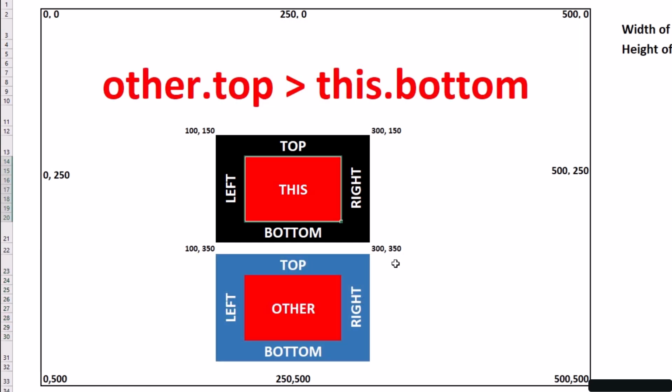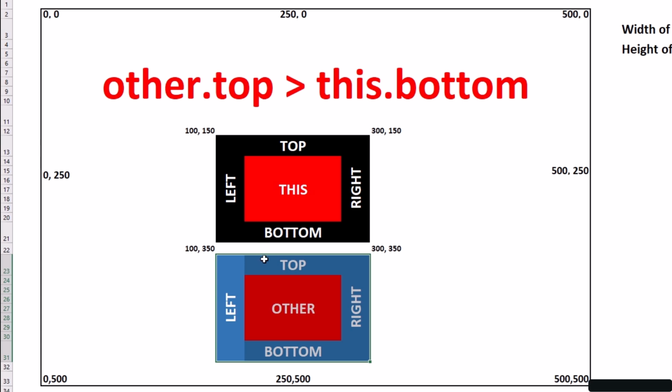Last one, the bottom. Again, this is the same idea. The black rectangle is called this, and these are the coordinates for it right here. For the other rectangle, I'm asking, is the top of the other rectangle larger than the bottom of this rectangle? Well, what's the top of this rectangle? It's simply whatever its y position is. So its y position is going to be something like 360 or whatever, because this black one on the corner is 350. So I'm going to say that's about 360. Whatever its y position is will be its top.